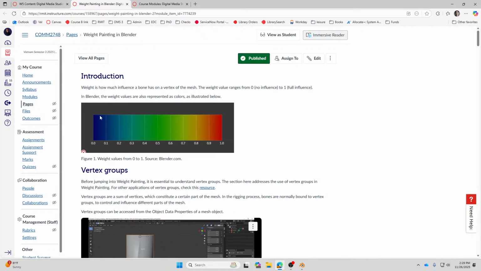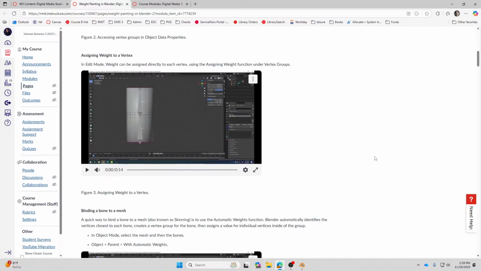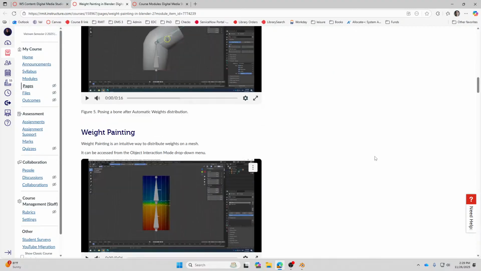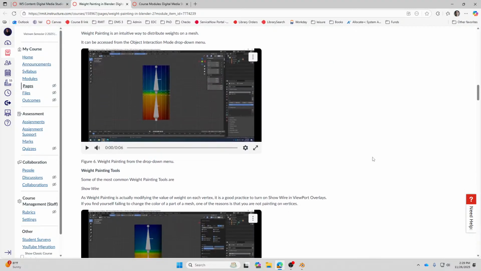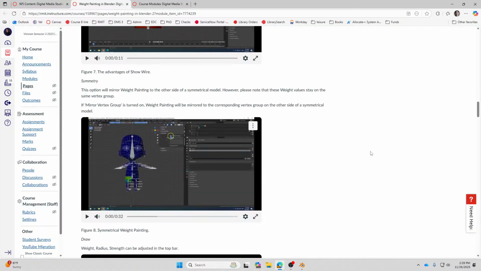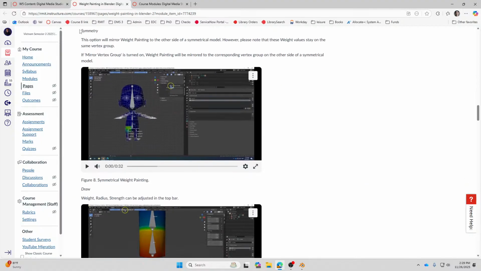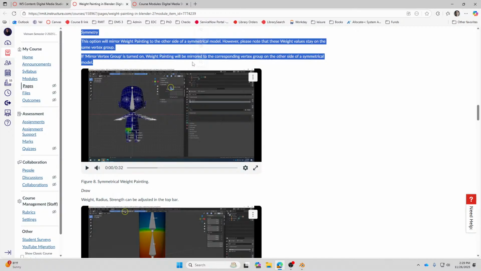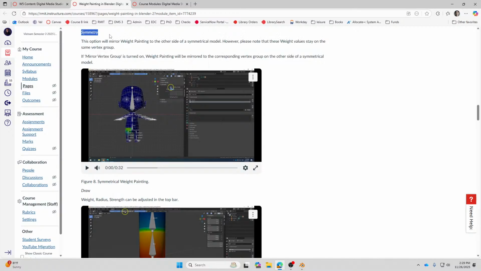I treat this as a reference for you to read, because there are a couple of things I may not be able to explain in the demo today. The symmetry: how to paint in mirror, one side and then mirrored to the other side.